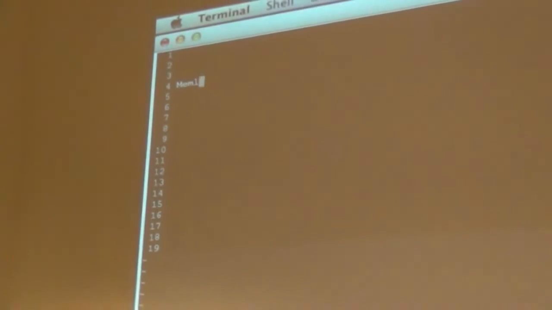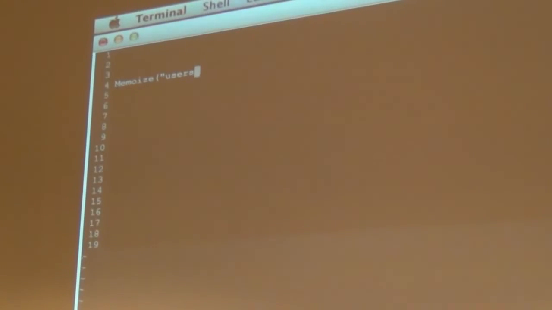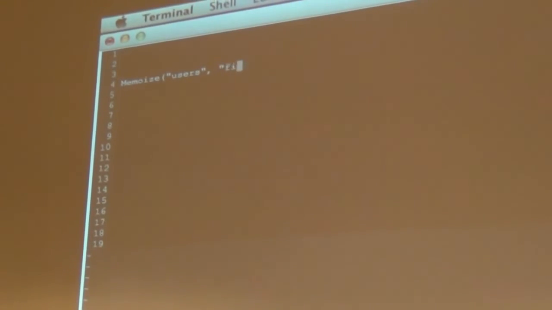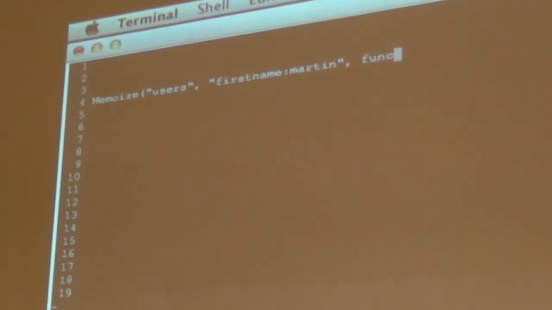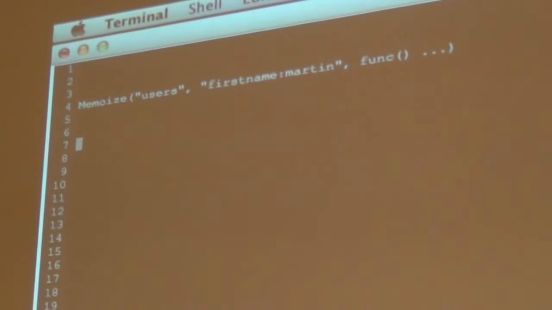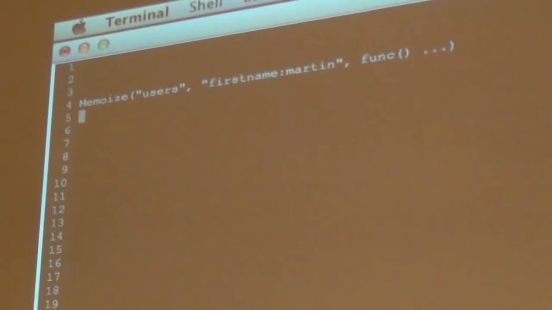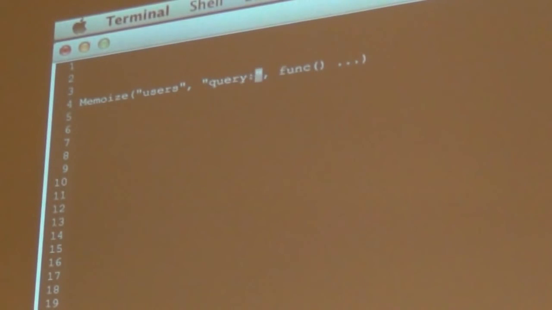I want to memorize something under users, and then first name Martin, and then I have a func. Or even better, I want to memorize not something as simple as that, but a query. Like this. And then wherever I save a user, I need to invalidate all the query results from users, because